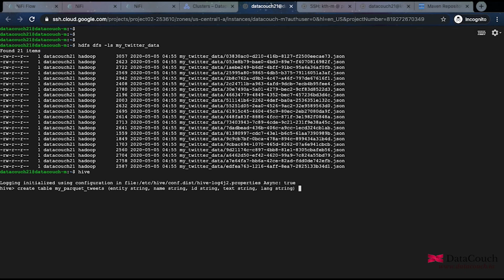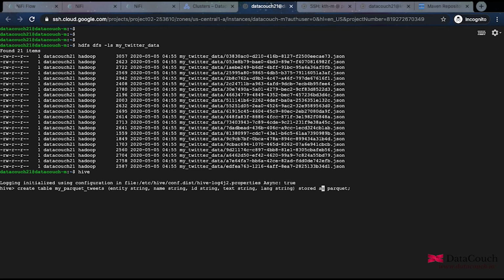And then I will be saying the location of the table, and then I'll have to specify stored as Parquet, and I will be specifying the location of the table. So the location of the table I can specify here. This is terminated here.